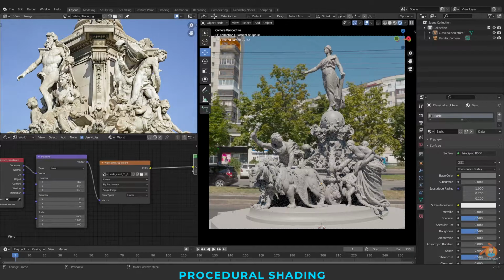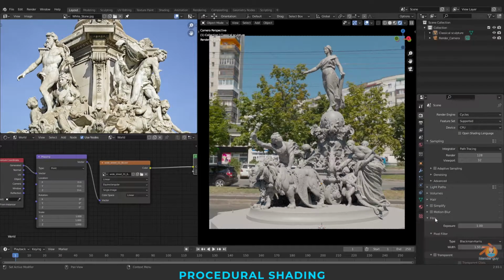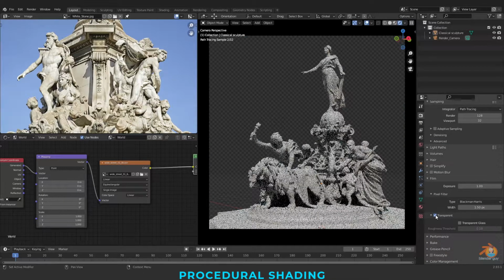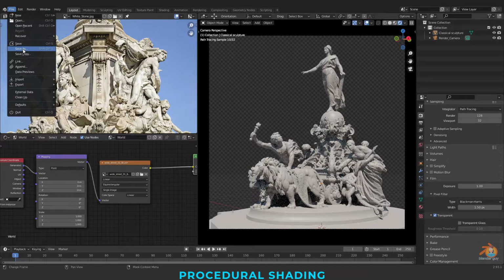Though they may not match as per model, all I want to do is to create this pattern on this. So I don't want to see this HDRI here. For that, I'm just going to go here in our render properties and switch off our transparency. And I didn't save my scene file, I'll just save.